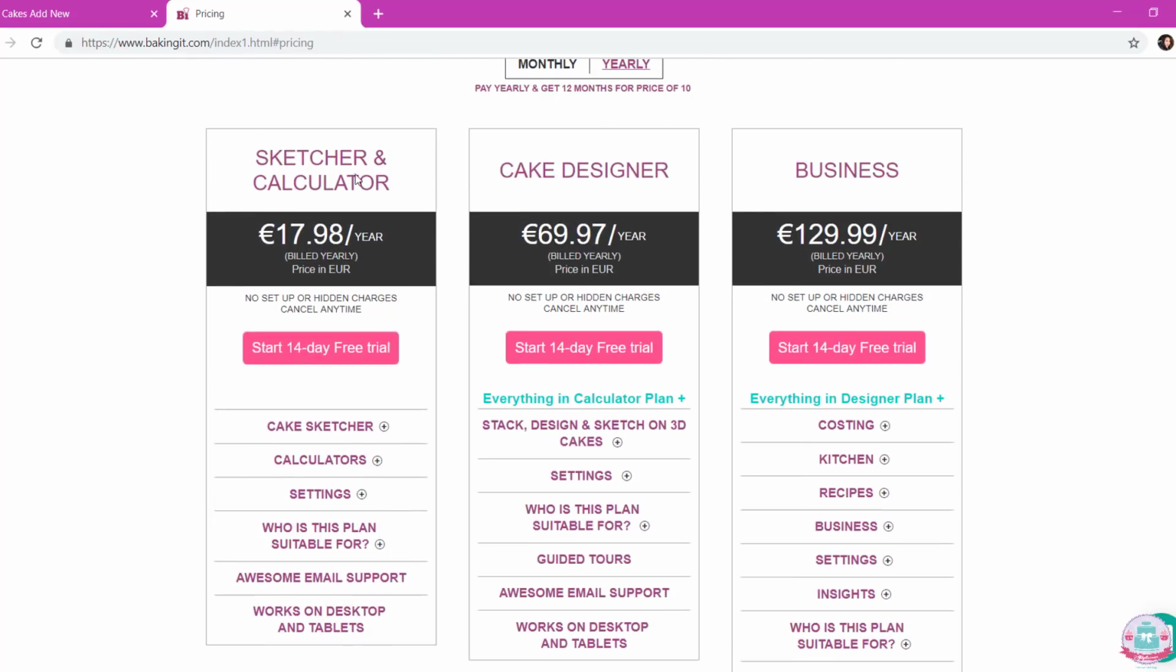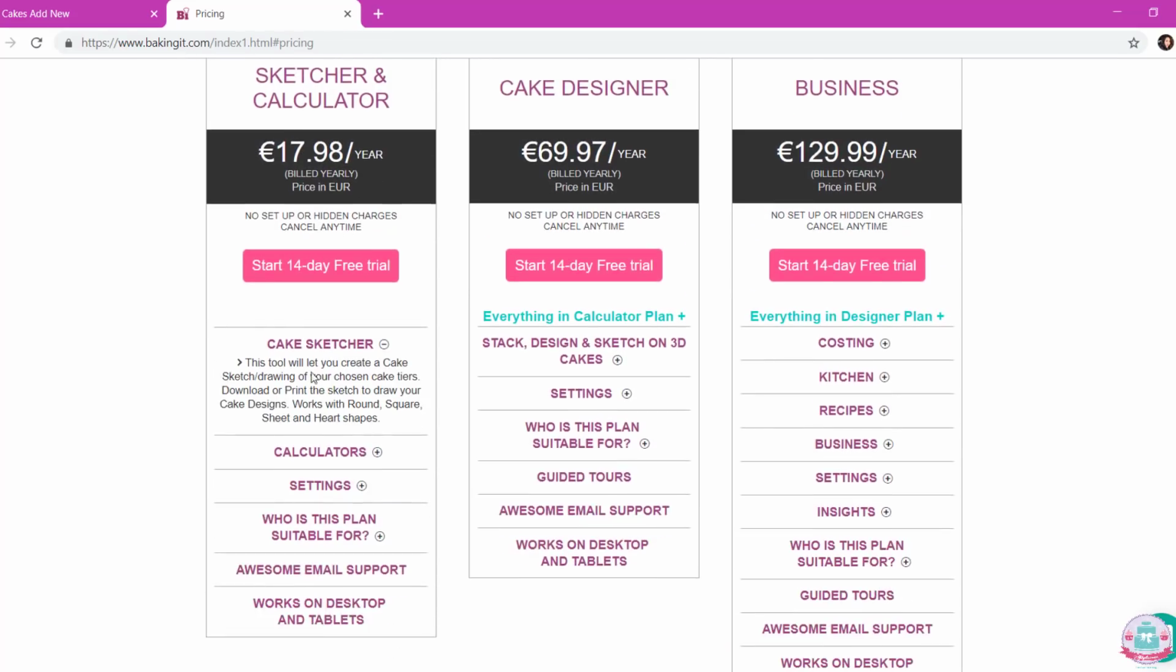If you choose the sketcher and calculator, the cake sketcher will let you create a cake sketch or drawing of your chosen cake tiers. You can download or print a sketch to draw your cake designs. So this is just a template. Actually, you can make a template with the cake sketcher and draw your own cake designs on it. So that's a very